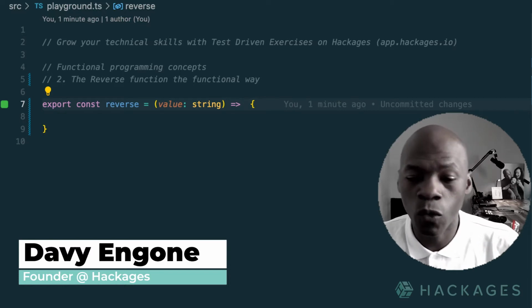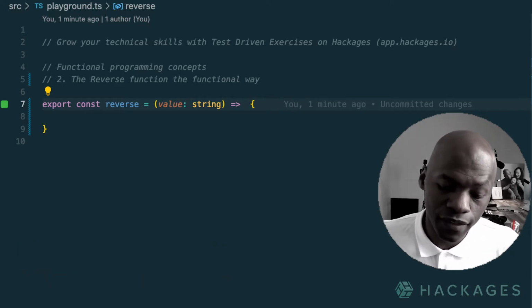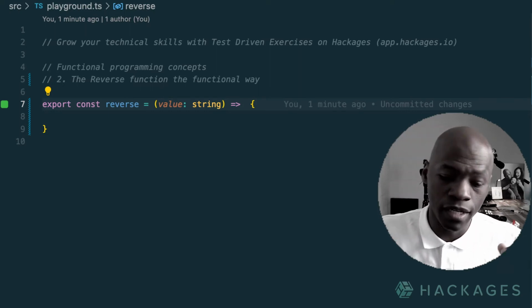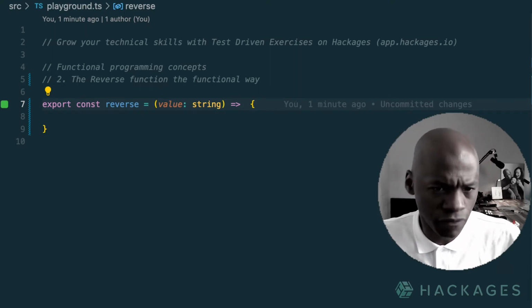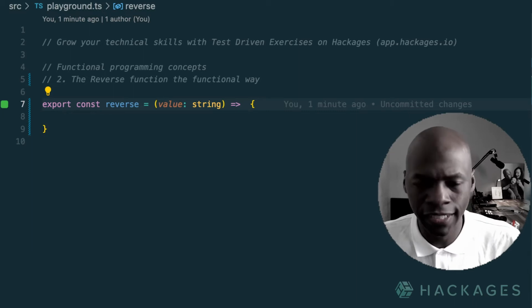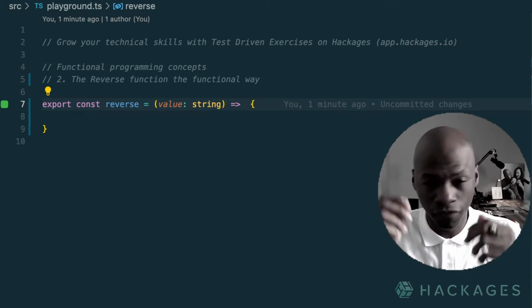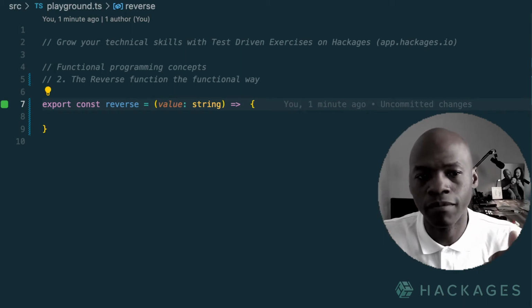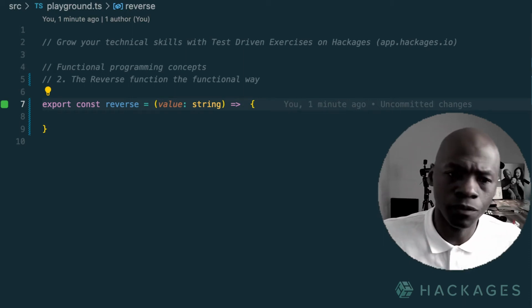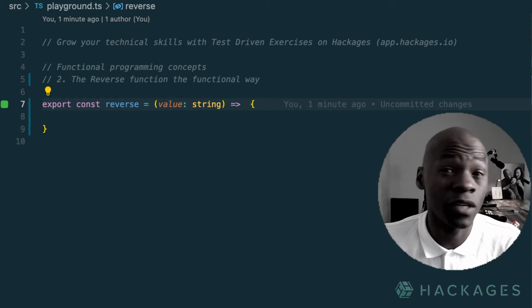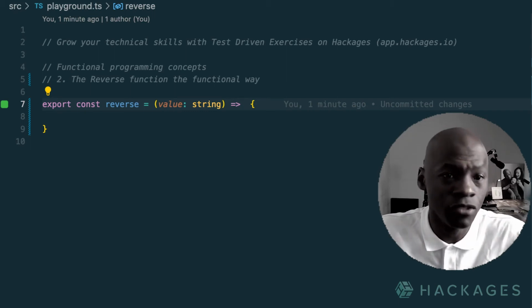A few years ago, when I was running packages, I had this interview process where an engineer would come and I would give them a set of functions, no frameworks or anything like that, and we would go ahead and implement that. Here, since we're talking about functional programming concepts, I would like to walk you through one of the challenges I used to give to a candidate, and one of the ways of thinking that I've been using in my